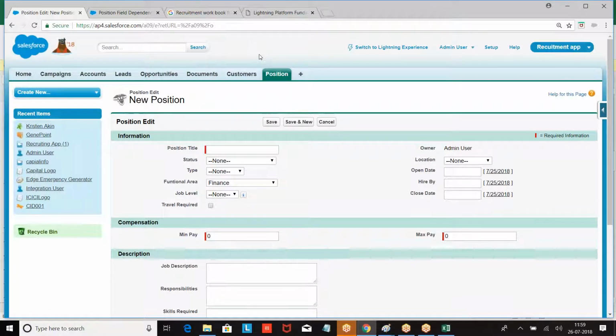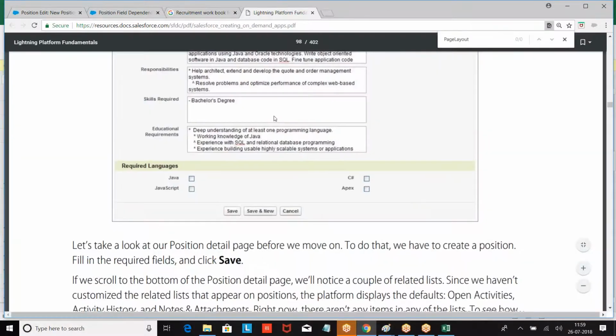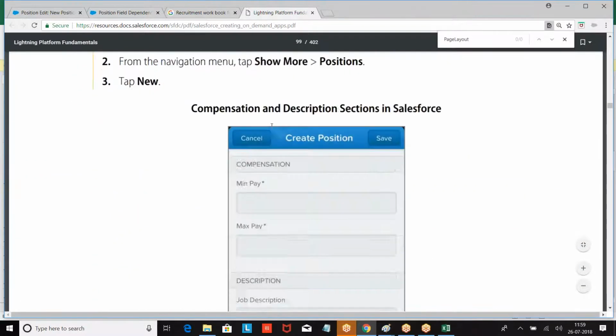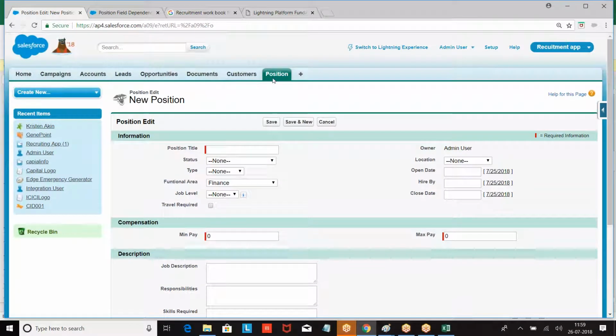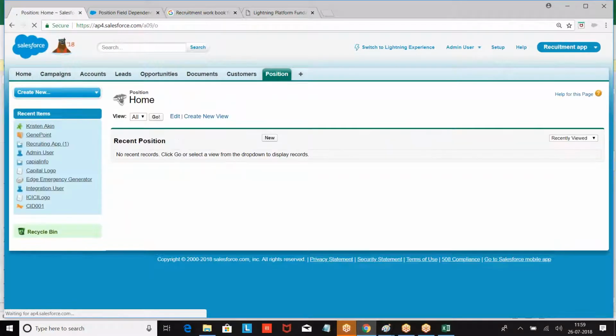Now we had an object. When you have an object, I have an issue here. While you are creating data, which fields of the data should be displayed here? When I click on the position, the tab is coming.